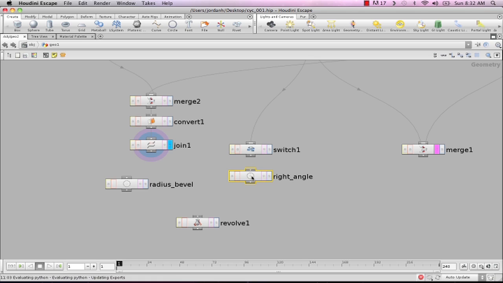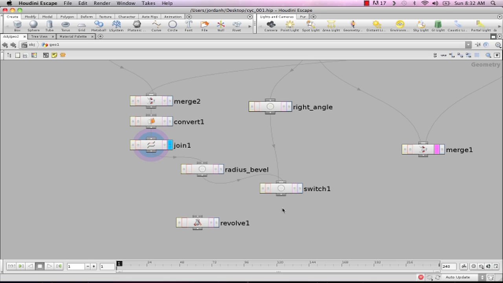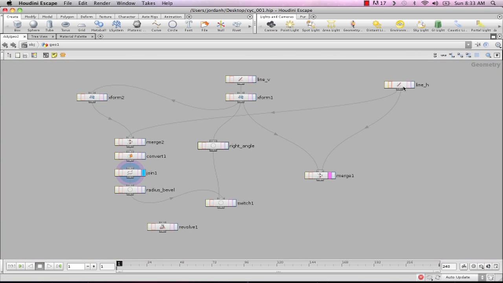Okay, I want this one to be here, and I want this one to be here. So you can see what I've done if we zoom out here is I've cleaned up my nodes, and I've got the radius bevel, which is our system for joining the two lines to create the bevel going into a switch